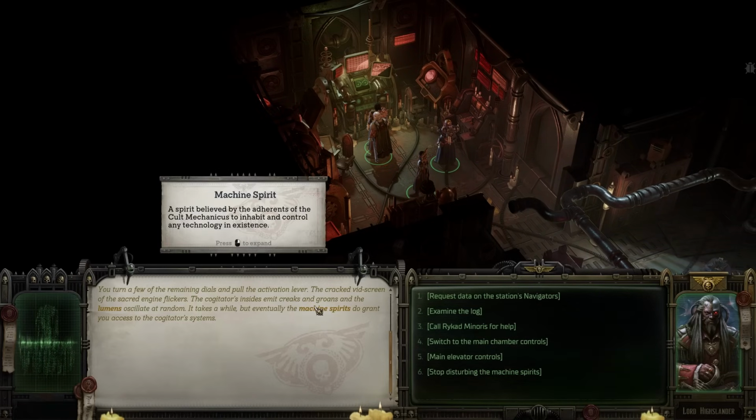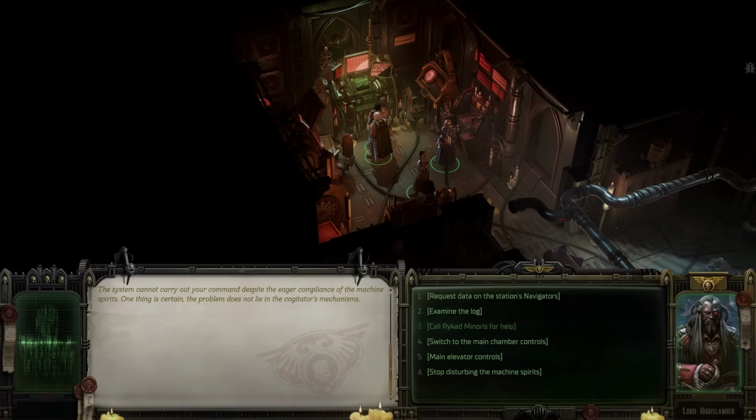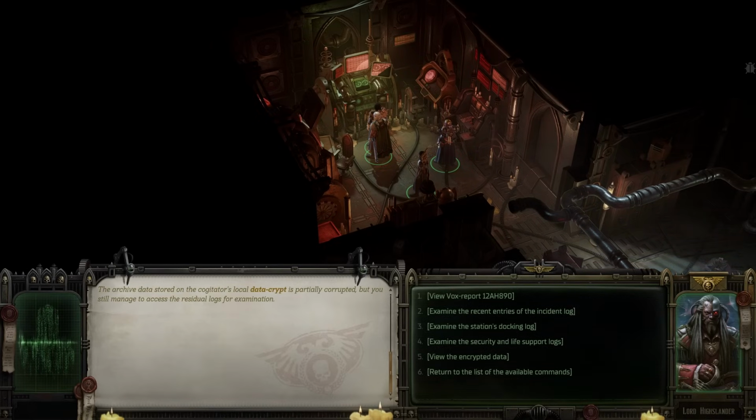Call Rykab Minors for help. The system cannot carry out your command despite the eager compliance of the machine spirits. One thing is certain, the problem does not lie in the Cogitator's mechanisms. Examine the log. The archive data stored on the Cogitator's local data crypt is partially corrupted, but you still manage to access the residual logs for examination. View Vox Report